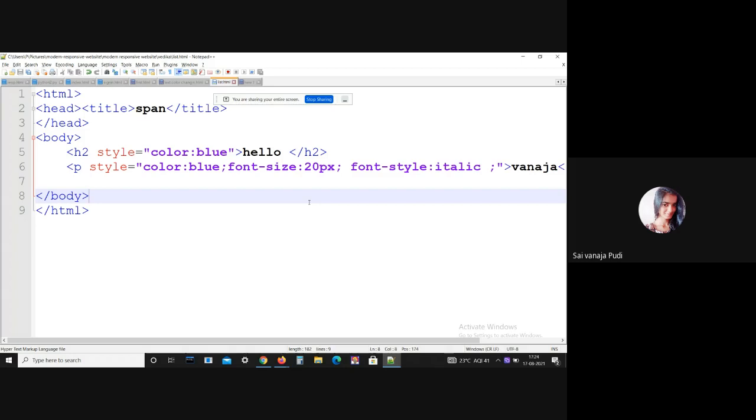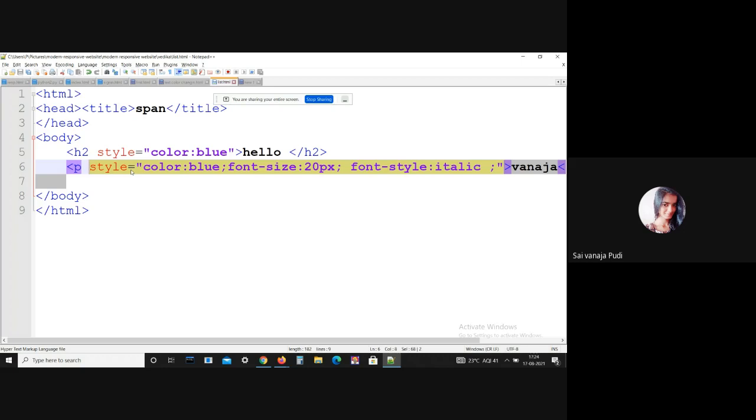And generally, there are three ways to apply the CSS. To use the CSS with the HTML document, we have these three ways. The first one is the inline CSS, the second one is internal or embedded CSS, and the third one is external CSS. Coming to the inline CSS, we define the CSS properties using the style attribute in the HTML, like this one. This one we can call an inline CSS. Here I'm applying CSS properties by using this style attribute, right? So this one we can call an inline CSS.